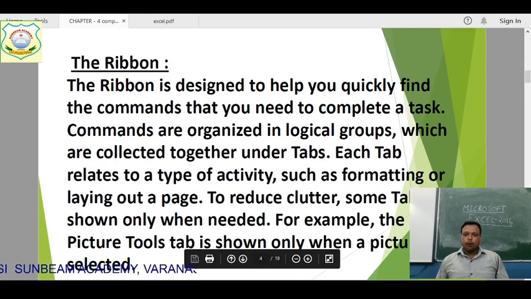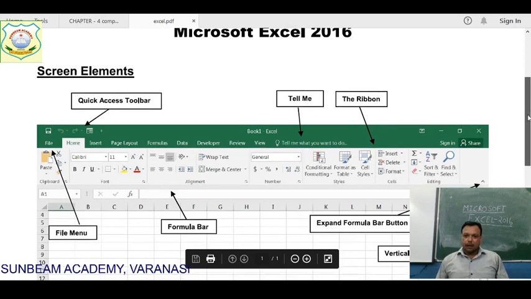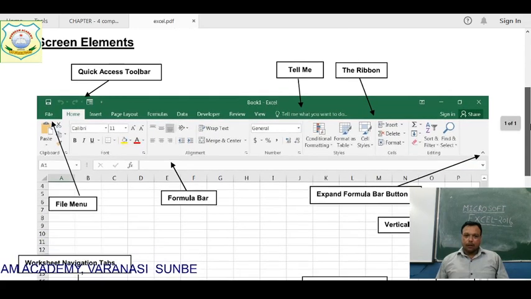Students, now we want to show you the window of MS Excel 2016. See students, when you open MS Excel, the first window you will see is what we are showing you. The quick access toolbar and the other parts are highlighted.